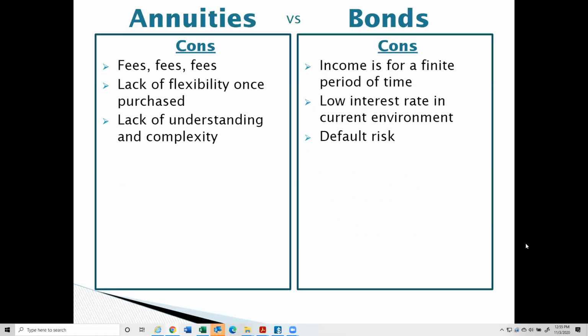And then you have corporate bonds. You have AAA rated, AA, single A, triple B, double B. Well, when you start getting into double B and less, now you're getting into high yield or potentially junk bonds. And that's where you get into a higher rate of default risk with corporate bonds. So again, you have to look at what type of returns you're looking for, how much risk you're willing to take, and then have someone assist you with finding an appropriate bond based on the length of term and the amount of risk.